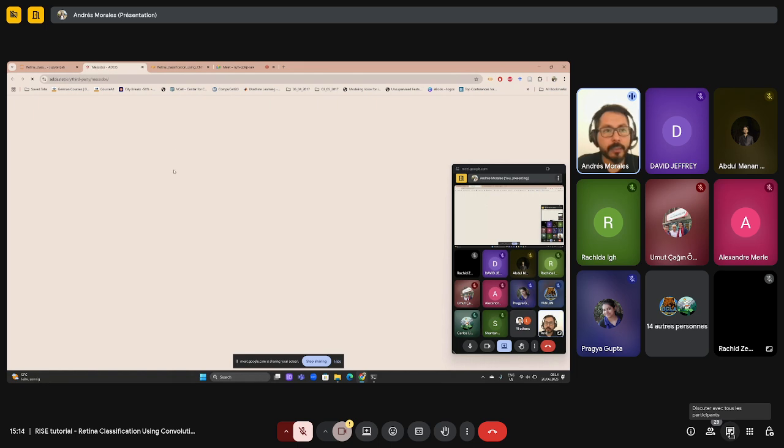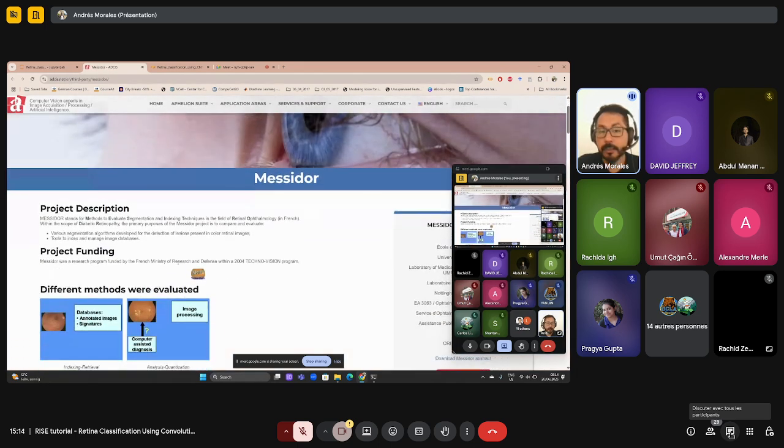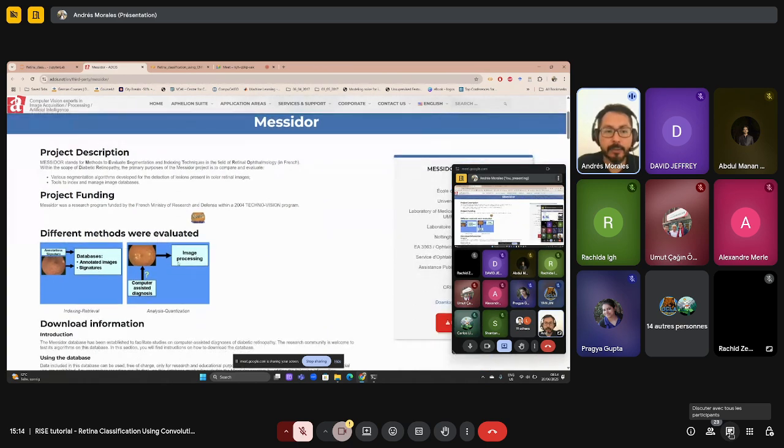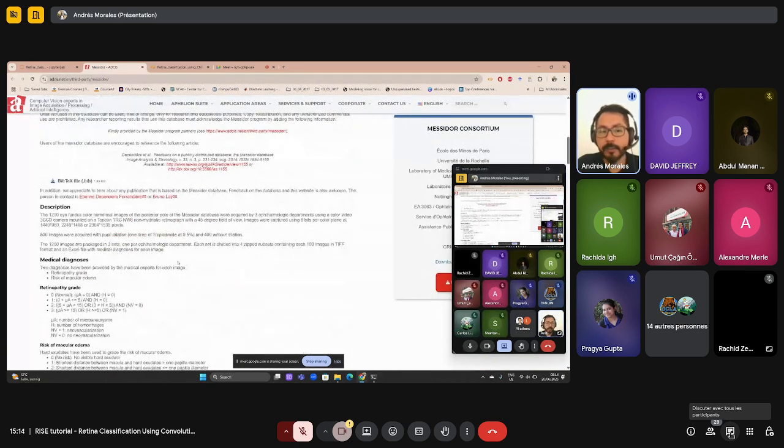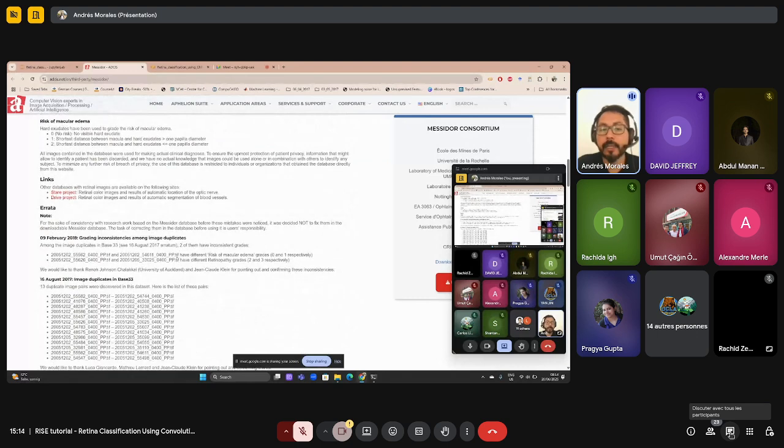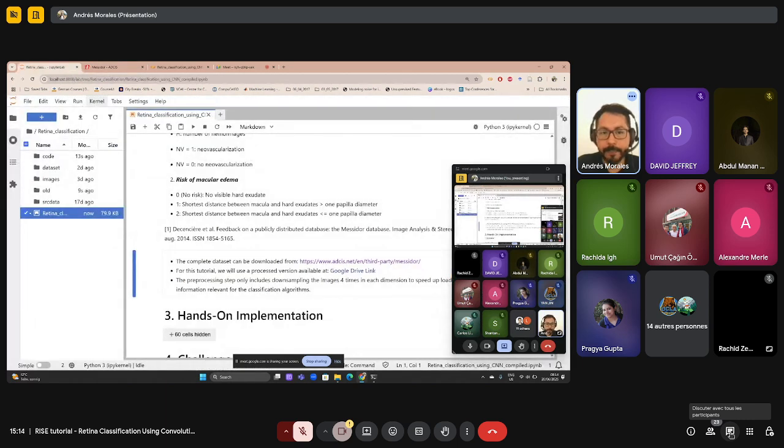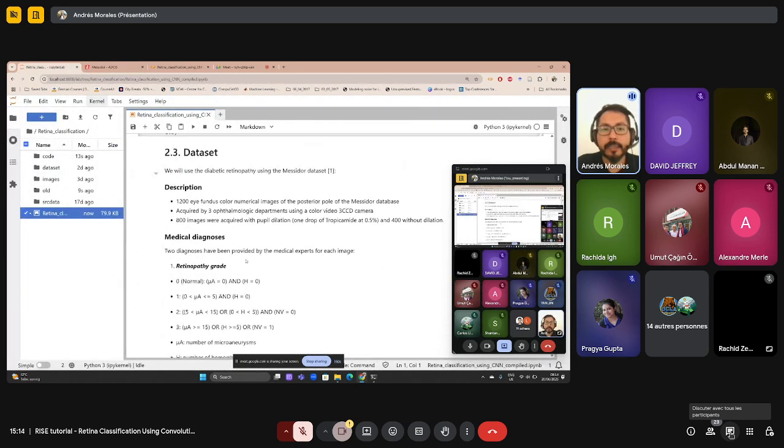So you can open it and go through the website. It's a well-established dataset for this kind of problems. You have the full description of the dataset here, and you can download the full dataset there. So what does the dataset consist of? So we have